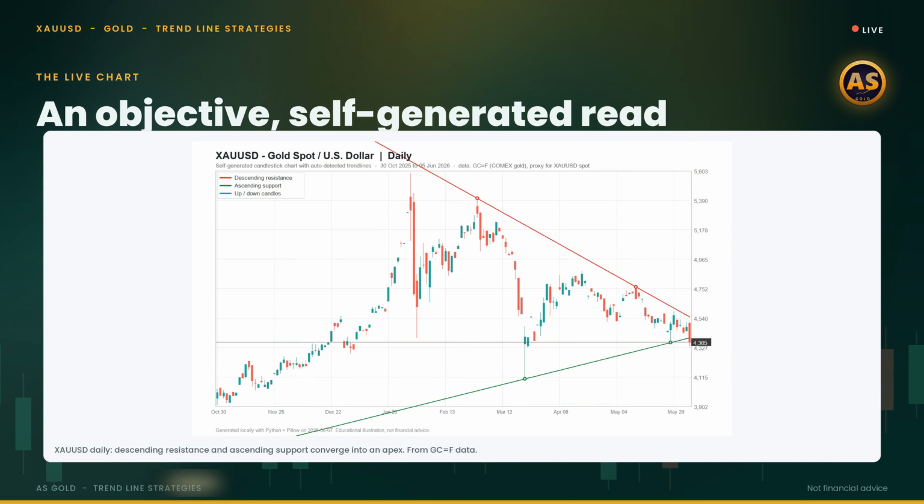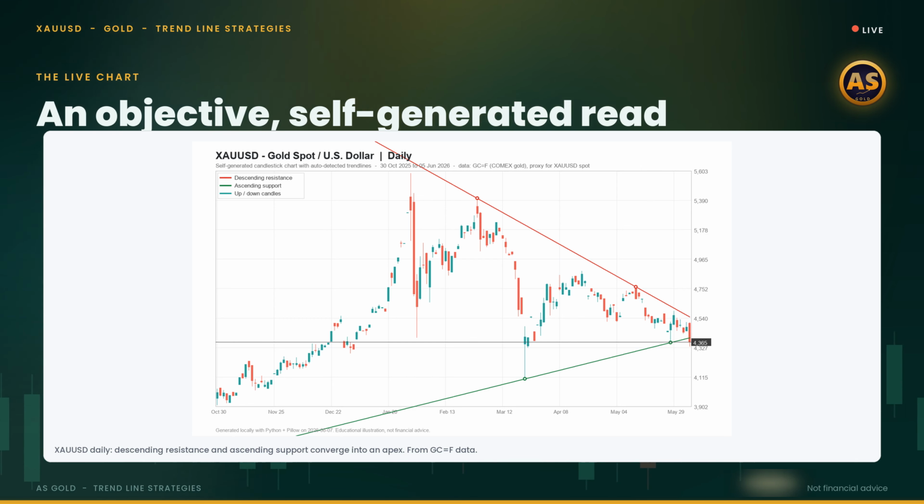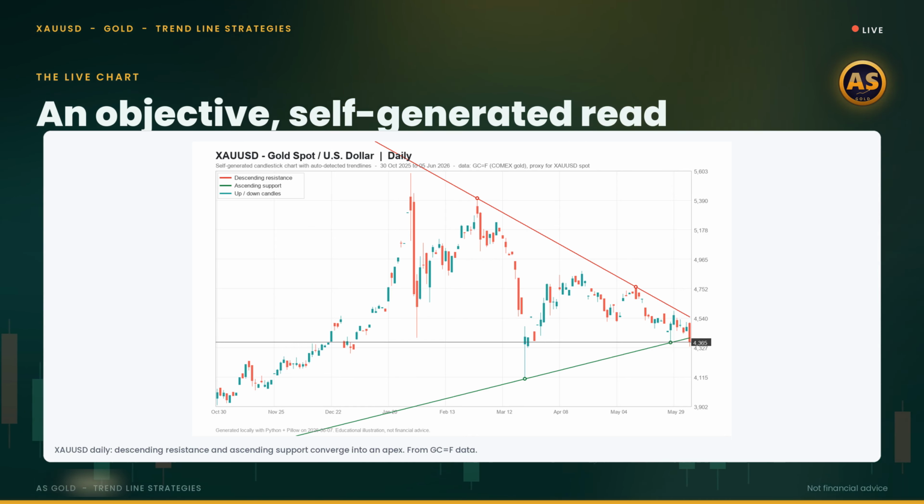Let's apply everything to live gold. This chart is generated from raw daily data, with the lines drawn by an objective rule, the longest line that no candle pierces. A descending resistance off the lower highs and an ascending support off the swing lows squeeze into an apex, with price pressing right near